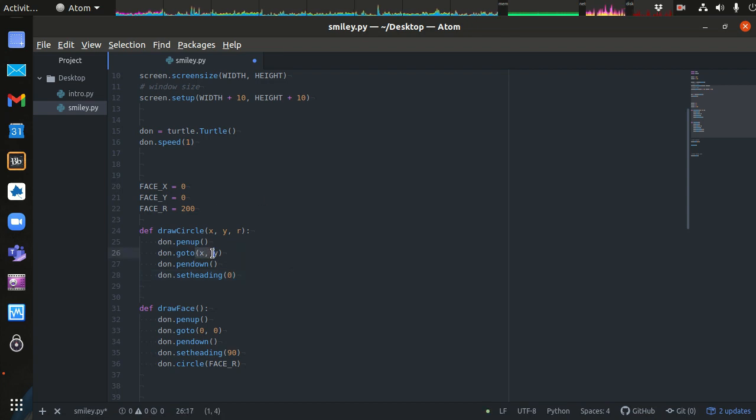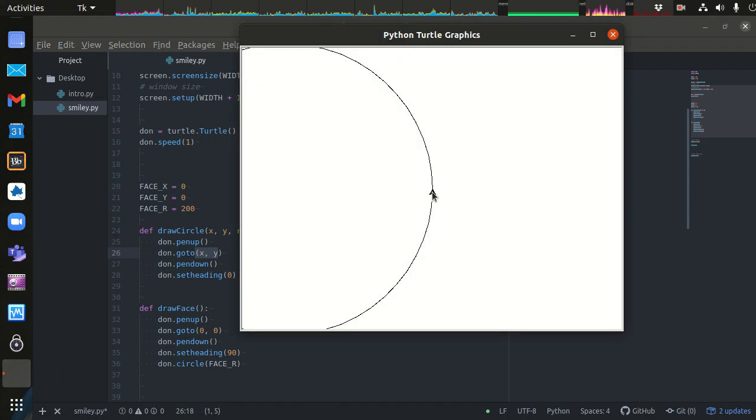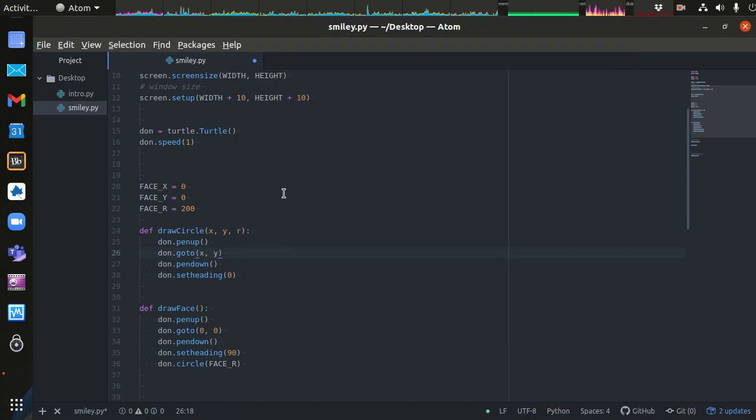All right, but the go-to, this is not quite right. The go-to, we don't want it to go to x and y, right? We actually want it to start at the bottom of the circle. So if the x and y is supposed to be the center of the circle, we need to subtract the radius from the y value, and then it'll start drawing the circle where we want it. All right, so instead of going to xy, we're going to go to x, comma, y minus the radius. All right? And then we can do